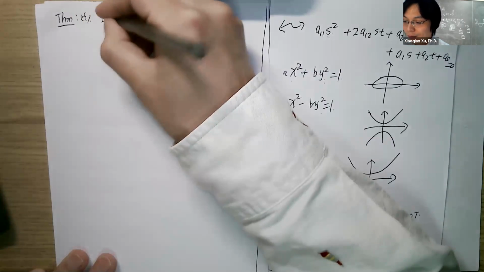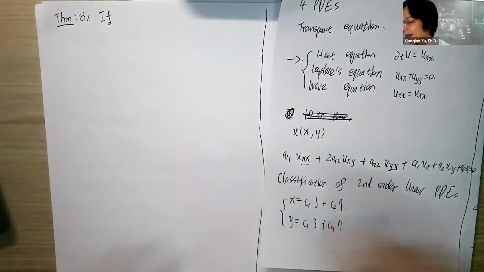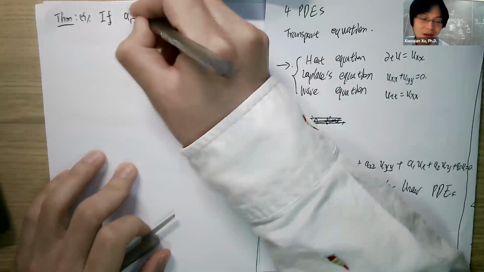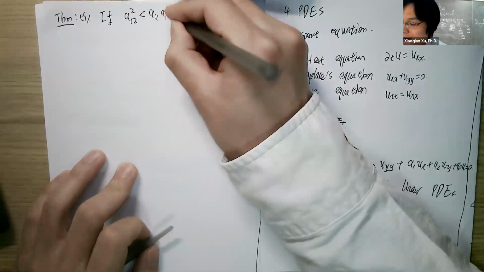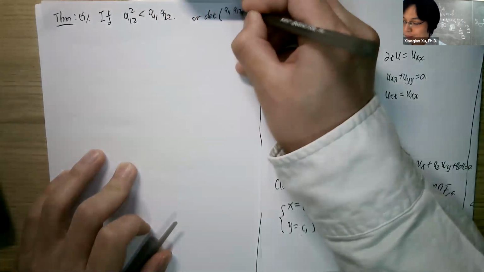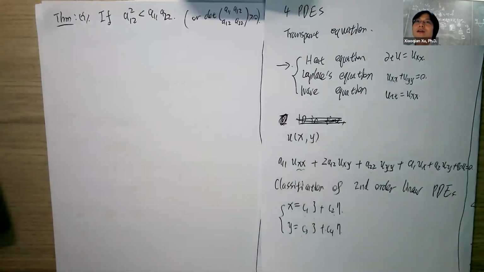First, let's look at our differential equation. If you have such a matrix with A12 squared less than A11 times A22, or the determinant of your matrix is greater than 0, that simply means your eigenvalues of the matrix are of the same sign, either both positive or both negative. In this case,